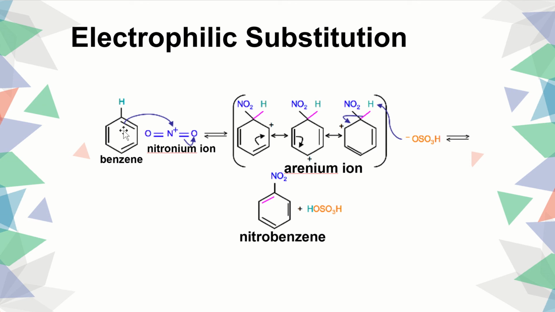So we start off with the attack from the benzene ring on the positively charged nitrogen. This N-O bond breaks and then the oxygen receives the pair of electrons. That leads us to an arenium ion, right? Notice the resonance arrow. So we're saying that the electron is delocalized essentially around all of the aromatic compound, or the arenium